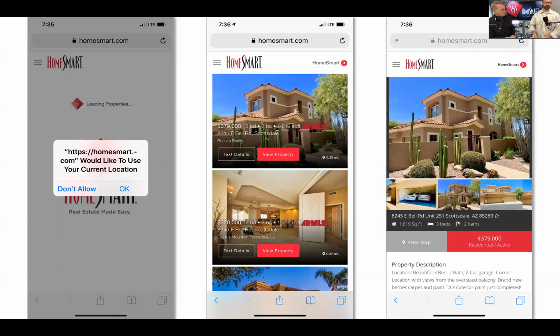So we don't want to have to make sure they download an app or do anything else and find that information really quickly. I know there's some other questions, like, can it be branded to me? That's good feedback. We'll look at the options for that, but currently it can't on the main screen. But if they're logged in with you, all those listings will be branded to you like they are currently. And it is all homes in the MLS. If we have the MLS data in that area, it is all homes. It is not just HomeSmart